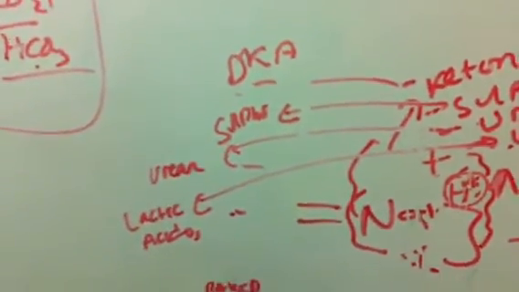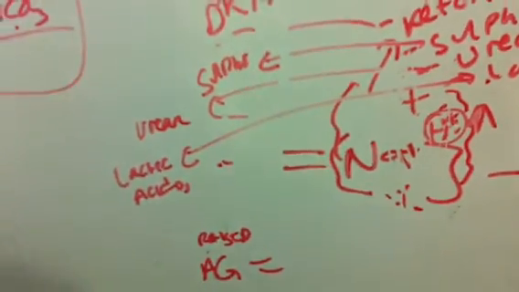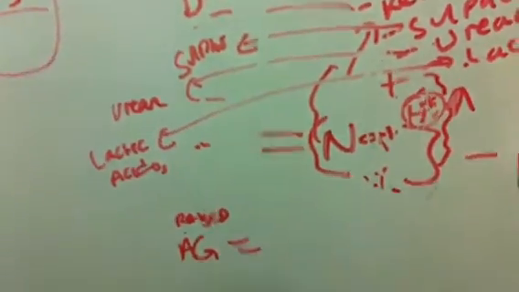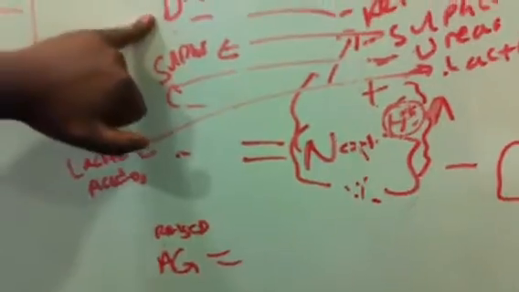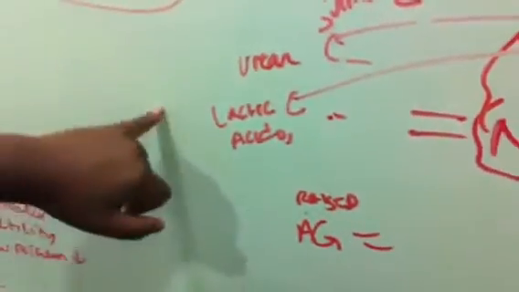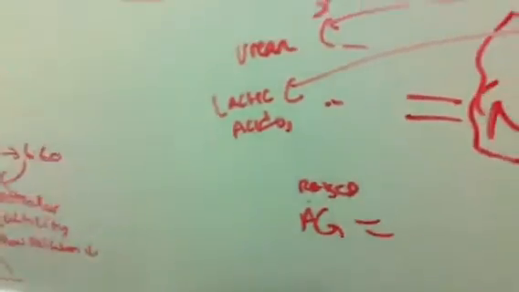Metabolic acidosis with raised anion gap is due to other acids, such as ketone, sulfur, urea, and lactic acid. So metabolic acidosis with raised anion gap is caused by acids that are not naturally produced by our body, so it cannot be compensated by increased chloride anions because they are not binding with a bicarbonate. So you've got diabetic ketoacidosis, uremic acidosis in chronic renal failure, lactic acidosis, and alcohol.